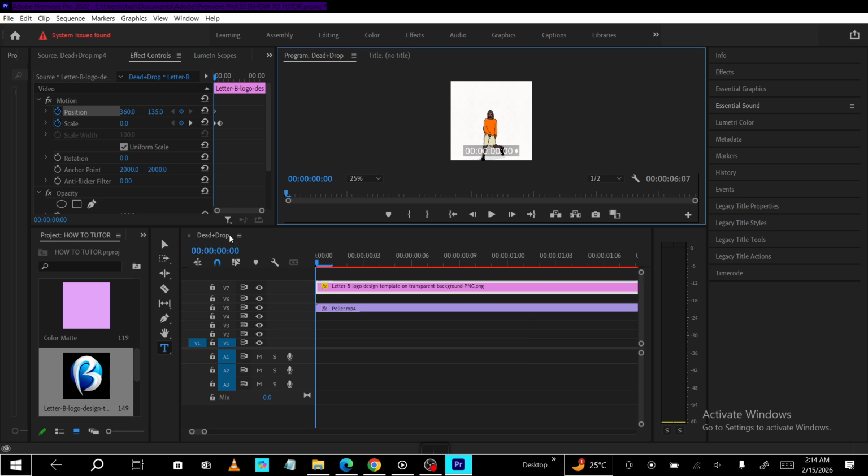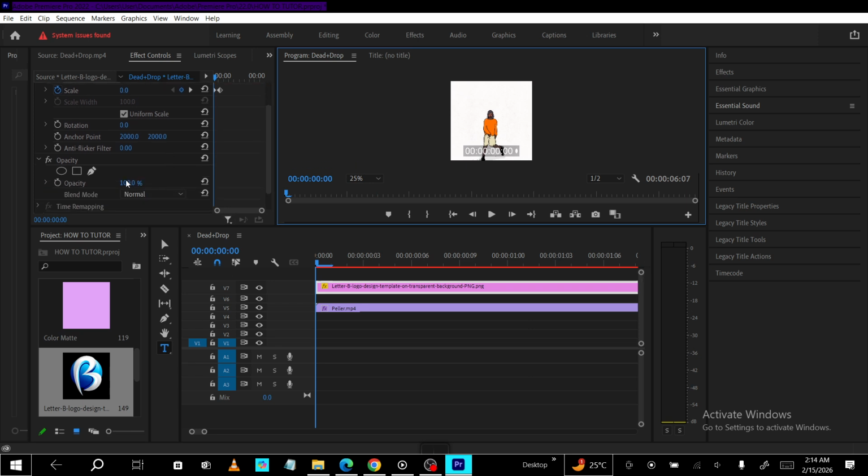That's it. Import your transparent logo, layer it above your footage, set the size and corner placement in Motion, and lower the opacity for a subtle